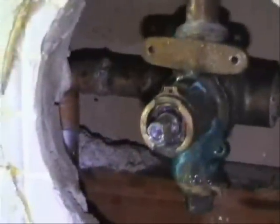And it's a good idea to spray some vinegar water solution in here just to try to break down some of the deposits. The deposits are actually what's holding this in. If you can do that the night before, it would be more effective. Okay, now